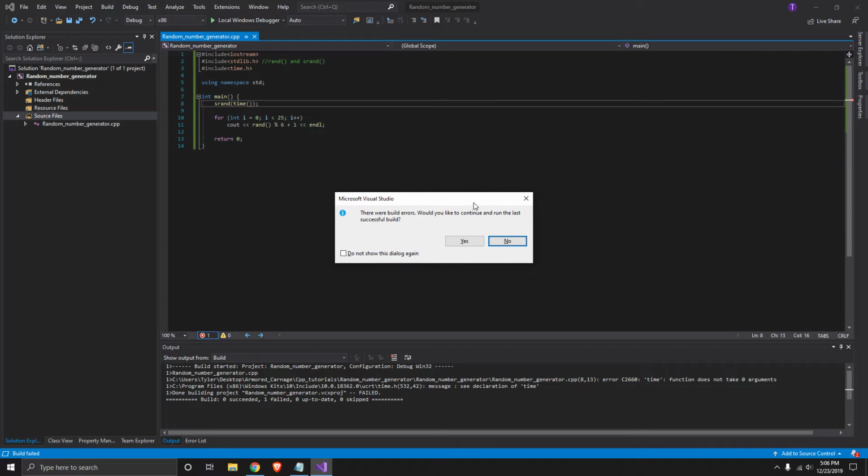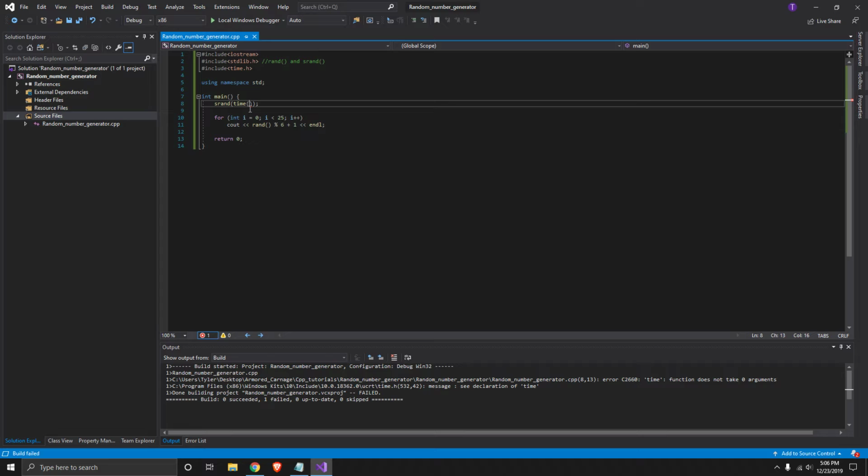Yeah, it won't build. So you can either put 0 and it'll build, or people put null. Either one. I've seen it work with both. So what's going to happen, time is a function that's defined in this time.h header file, and the function returns the time since, let me write this out,